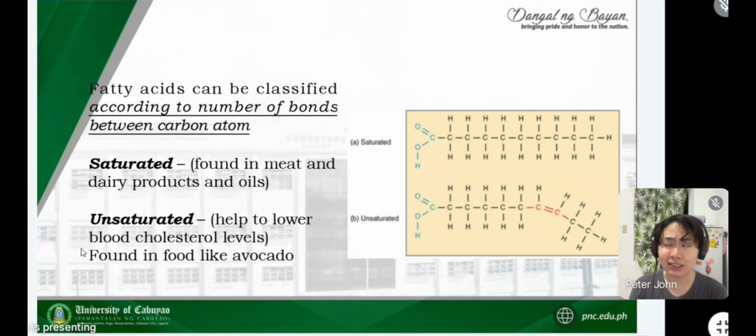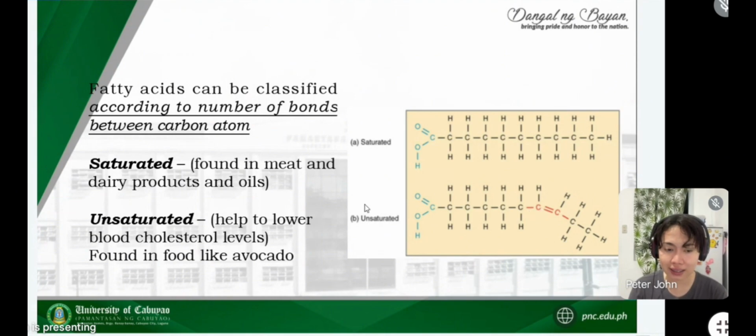So, not just an avocado lang. So, madami pa po. That's why, di ba kasama sa diet lagi yung mga avocado ng mga medyo rich nating mga kababayan. O, ayan. So, eto siya. Saturated siya or bad cholesterol kasi nga, kung titignan natin sa structure, all of the structure is linear. One bond lang. Unsaturated siya, kung titignan natin sa structure, meron tayong double bond of carbon.